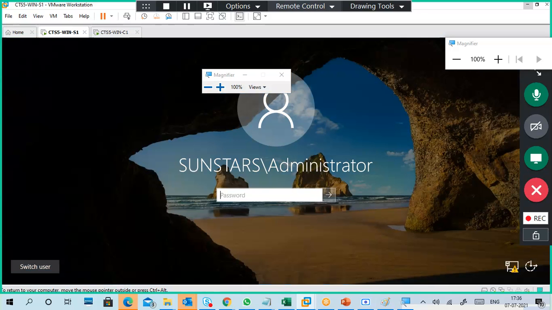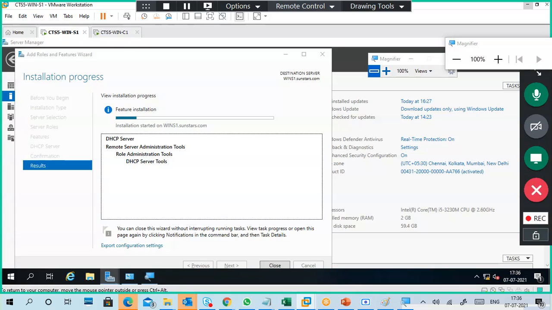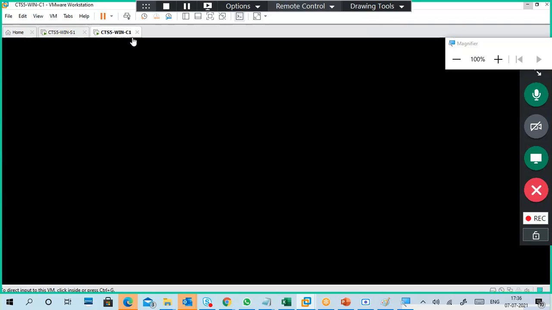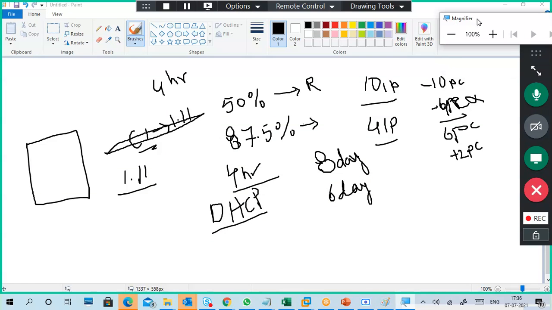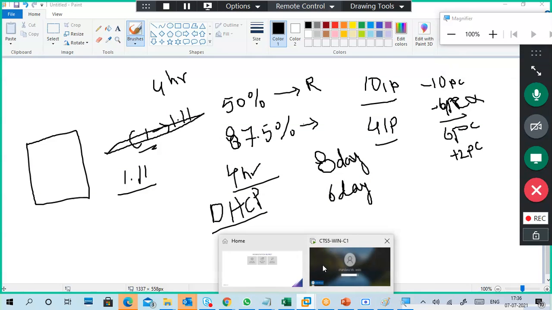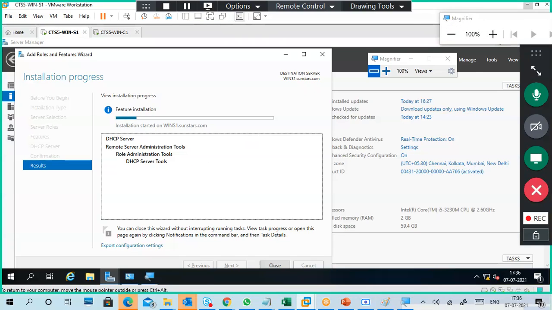It's not about DHCP, it is about my server only. Server and client both are, see, it is still stuck here only. I will leave it for these things. Please stop it and do it again, sir, because when I installed it, it was installed within 5 minutes. Yeah, we can stop this, I think it's stuck, but sometimes it will give problems also.